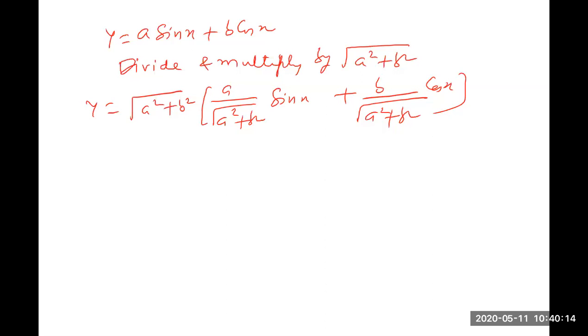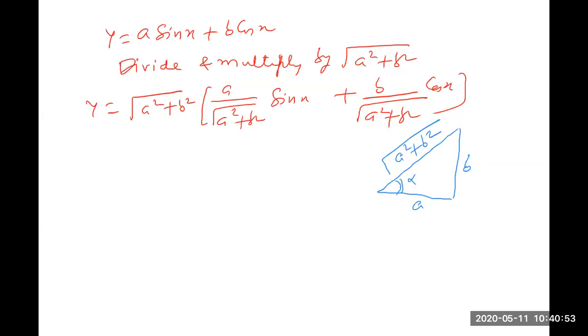Why are we doing all this? The purpose is, if you consider this triangle, you can take either perpendicular or base as a and b, anyone; it depends in which angle we want to convert. So if I take this as a and this as b, you can also change it, you can take perpendicular a and base as b. So the hypotenuse will be under root a square plus b square, and this angle is suppose alpha.